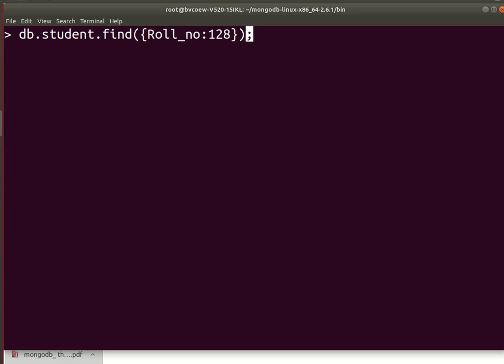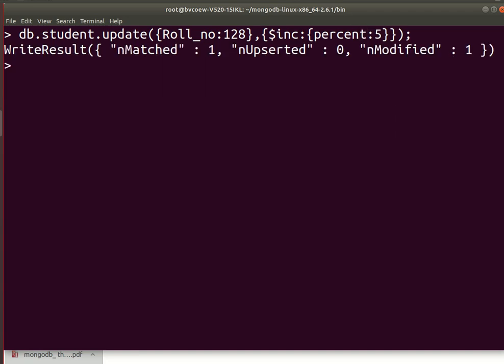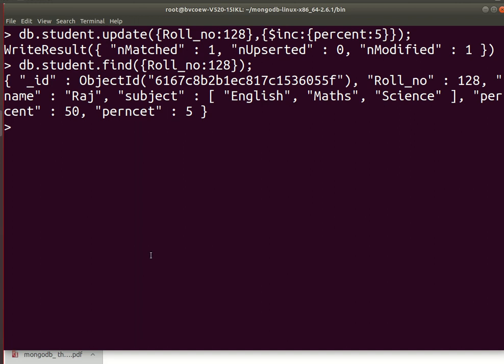So what I will do is update the percent. Now I will show you. If you see, the percentage was 45 and now it is updated to 50, and previously I had made the mistake in the key percent, so it has added a separate key, this misspelled percent. So like that we can do the increment.